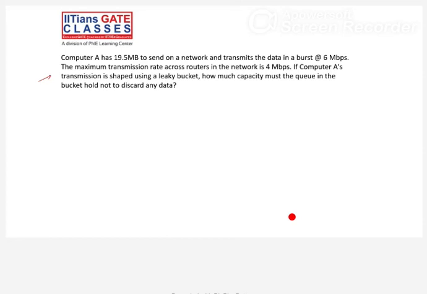From the queue, whatever the processor on the router, some processor is there, because we need to do processing by looking at the routing table and all this. We need some processor on the router. The processor is checking the queue, and output is always at a constant rate, which is 3 Mbps, for example. Simple. This is the leaky bucket algorithm.